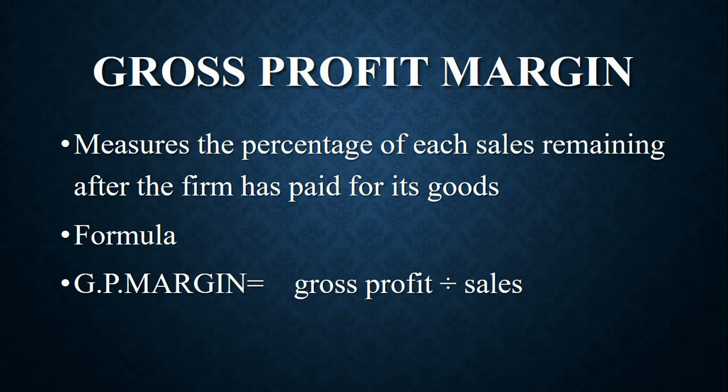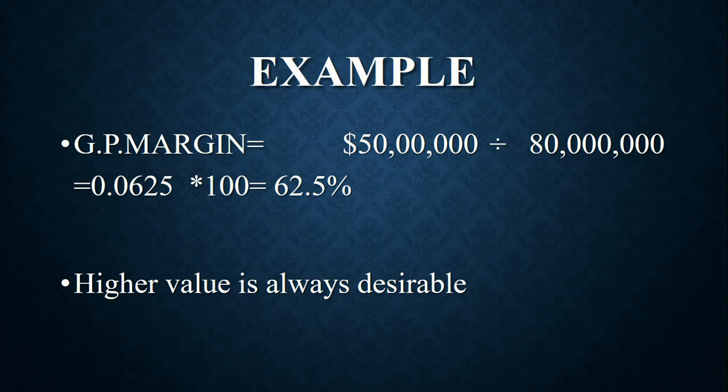In the income statement, when we calculate the net sales and then deduct the cost of goods sold from the net sales, we get the figure of the gross profit. Here we are taking the gross profit, this is 50 lakhs, and the sales is 8 crore. So by the division we get the figure of the gross profit margin ratio, this is the